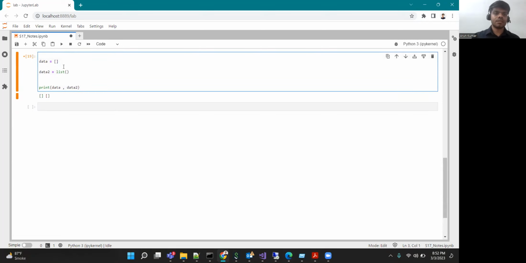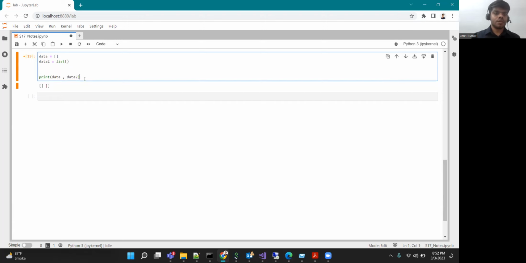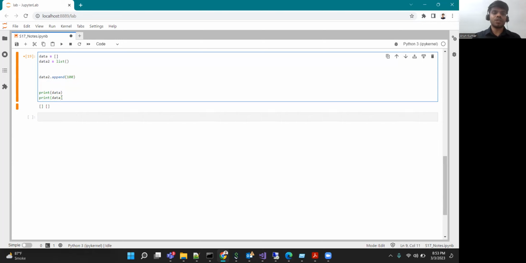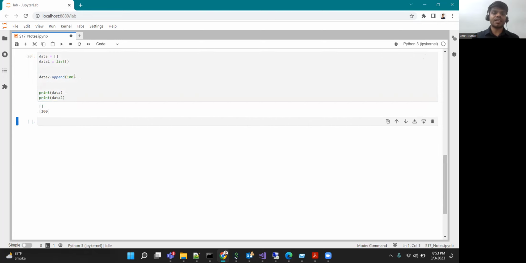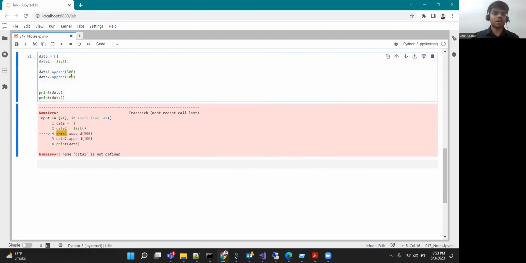What I want to tell you is that you would do something like this, right? If you have to add some values, you append, isn't it? Say if I say 100, then 100 gets appended to this particular list. So if I print data, and shortly after I print data2, you shall see that in data2 100 has come. And just like this, if I write 500, you shall see that 500 goes into